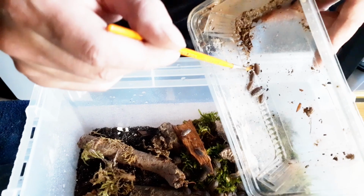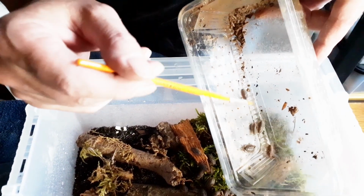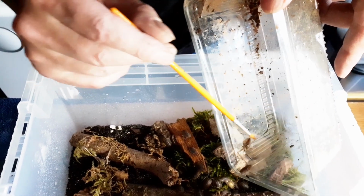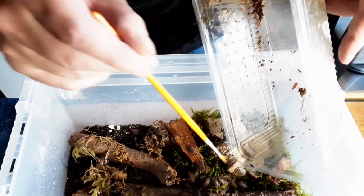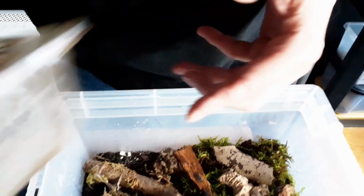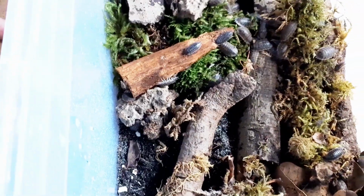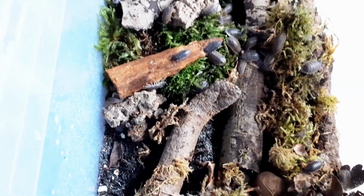Go on, chaps. Yeah. In fact, I think all of these are gravid. The females anyway. Which is pretty good to have. So there's quite a few in there. Let's get it over here where it's a bit more light, because it looks like it's going to thunder and lightning. So everything's gone really, really happy. Now,